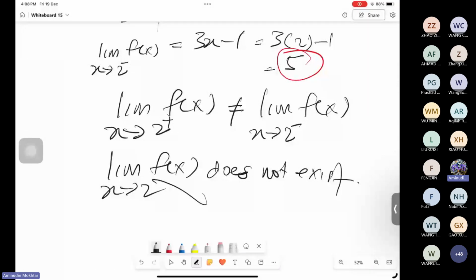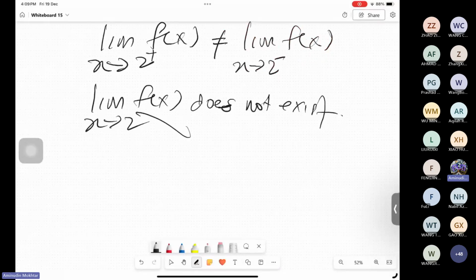So in this case, since the function has no limit, the right hand limit does not equal the left hand limit, we can conclude, no need to check the third condition because the answer is the same. So we can conclude here, since the limit does not exist, does not exist,